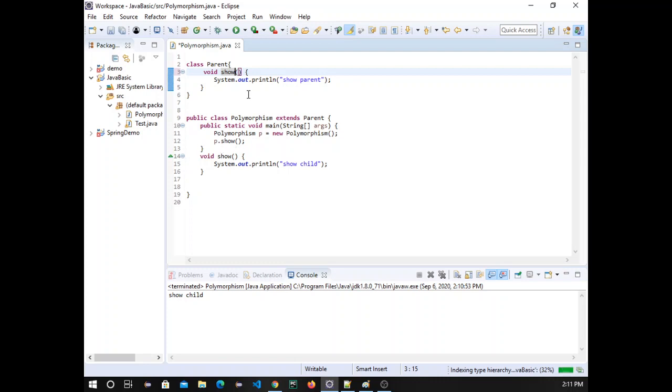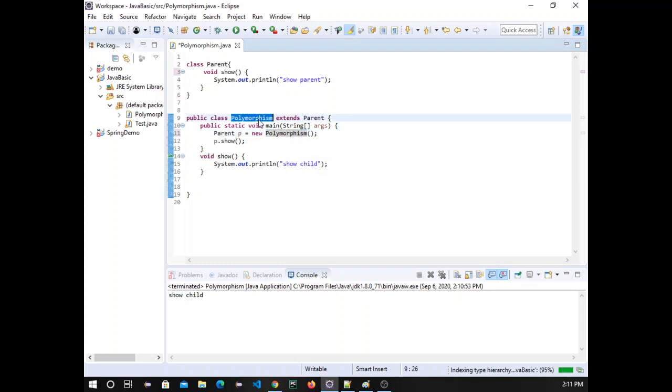In a later video I will show you how a function is called internally. But now, what we will do is, the data type will be parent1 and the object we are creating is child1.